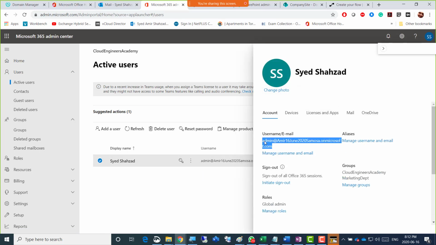So copy. I'm on the other screen. I'm going to my Gmail, and there I'll just send a quick email to this. I'm going to attach some JPG file or some text file here. I'm putting in the subject, testing our Power Automate in the other screen, and I'm just clicking the